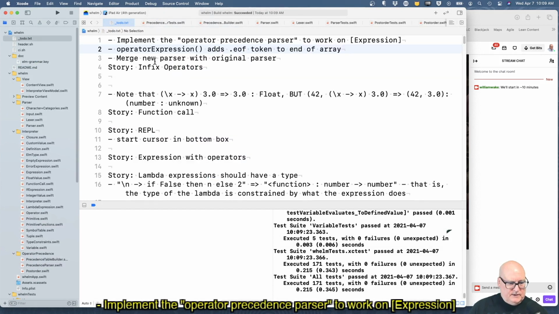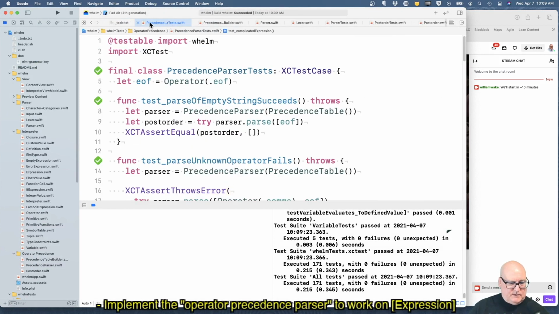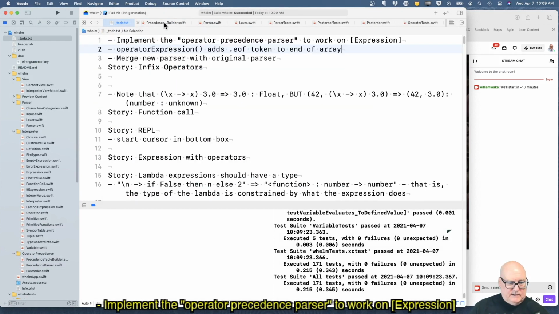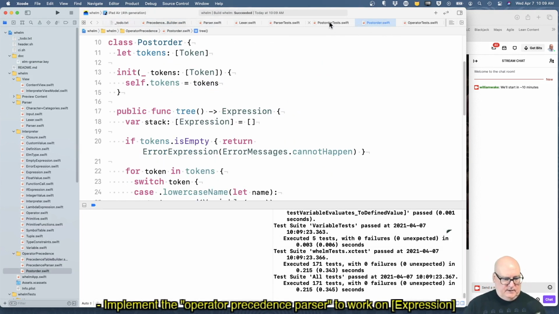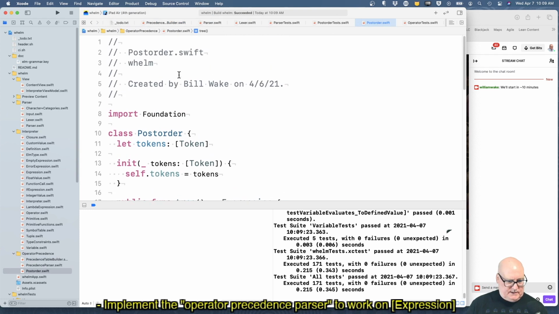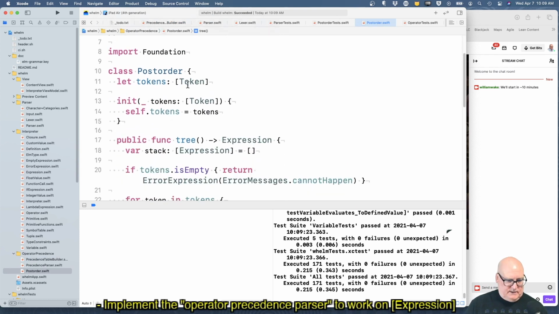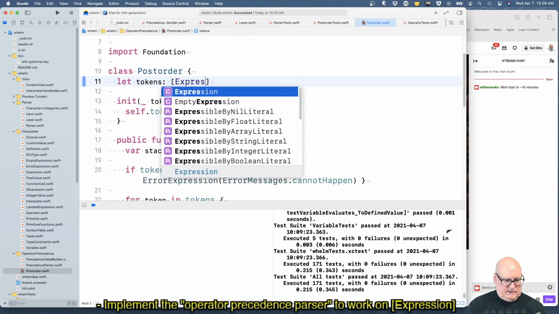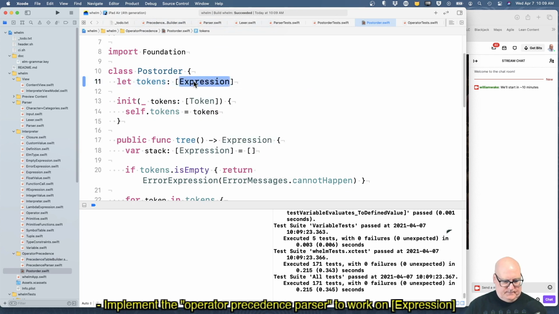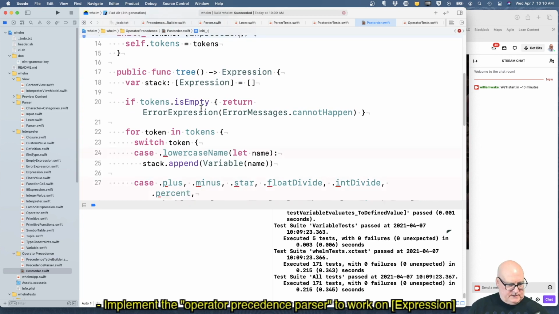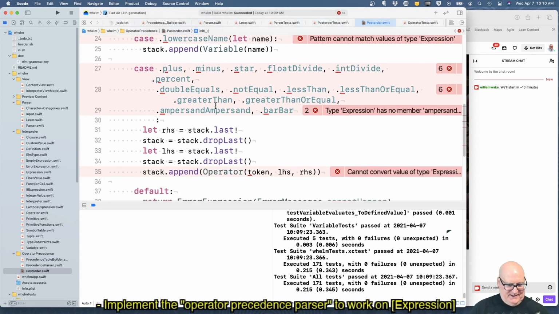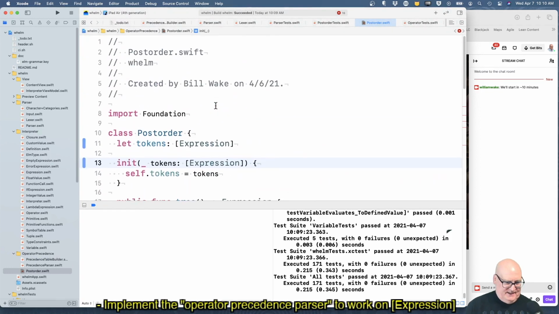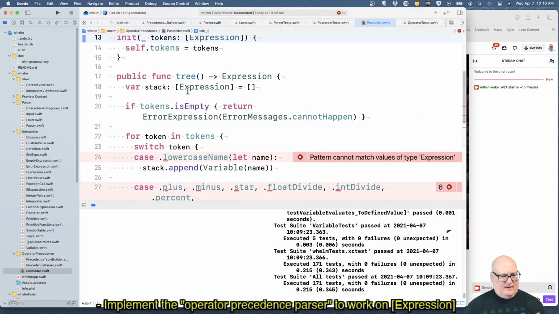So, precedence parser test, precedence builder. Where'd post order go? And there are post order tests. Okay, so let's just do that expression. This is where you can see the name tokens really gets in the way. Okay, and all right.